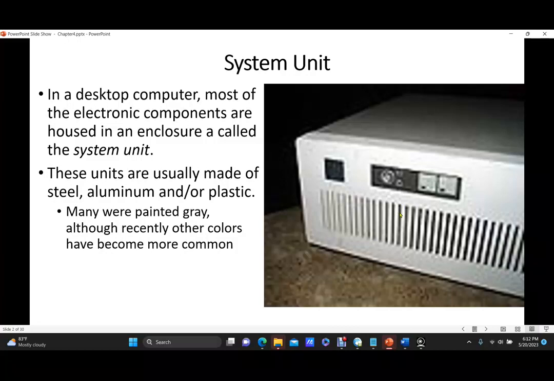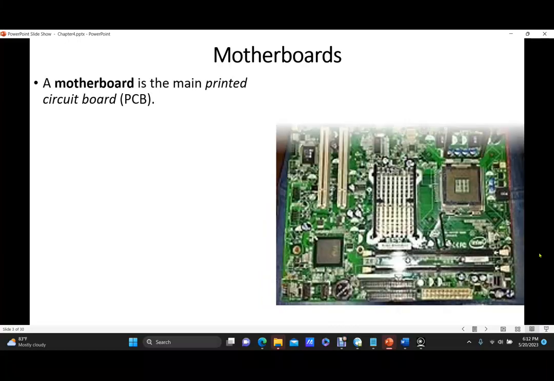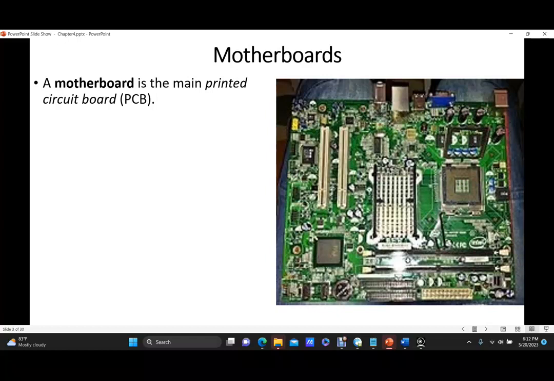These units can be made of steel or aluminum or plastic. They used to be almost always painted gray, but other colors have become more common recently. Within the system unit,